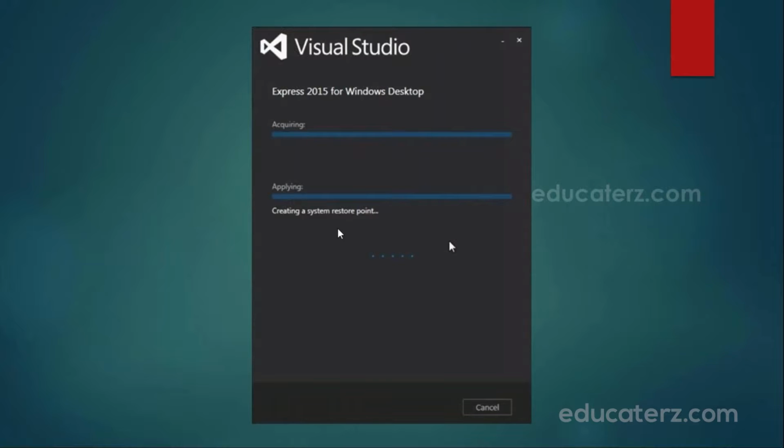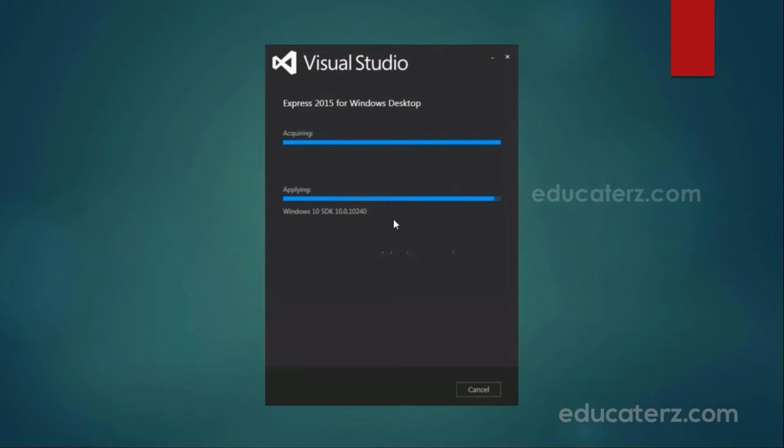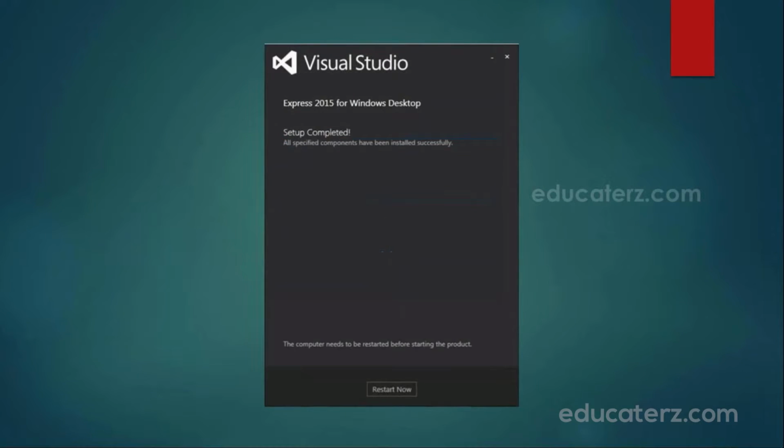Please bear with it. It won't install into your machine immediately. It will take too much time. Then finally the setup will complete if you don't have any interruptions. Suppose you have less space available, or sometimes your computer power might shut down. If you don't find any kind of issues, the setup will complete like this.